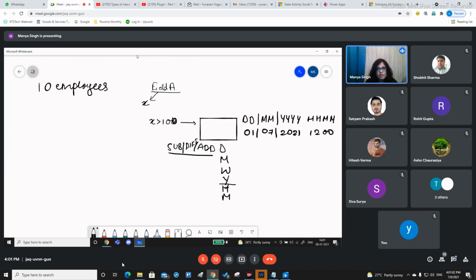Right now name is obviously a mandatory field, so all of them are going to have names. But just take for example, it is not mandatory to fill up a name. Take for example, out of the 10 employees, 8 have names, and 5 have probation period greater than 0.